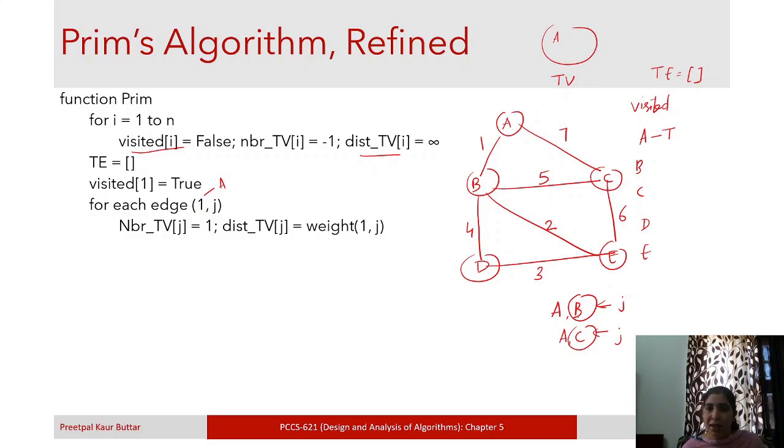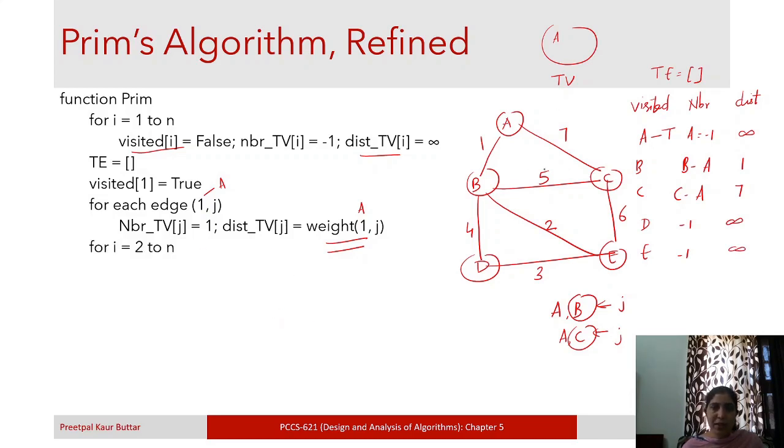Because B is connected to A. So neighbor of A is -1, B's neighbor is A now, and similarly C's neighbor is A, and here we do not have the neighbors, and distance will be the weight of the edge connecting A to J. So A to B the weight is 1, and A to C the weight is 7, right? And these are infinity, right?